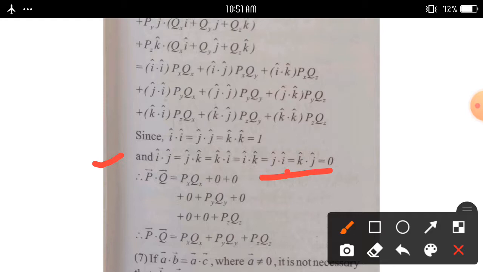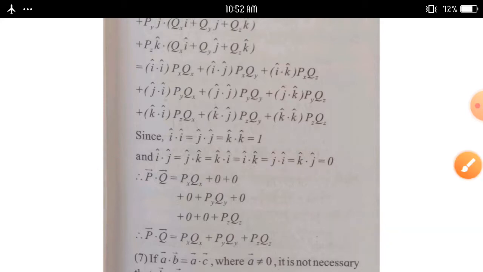Let p bar is equal to px i cap plus py j cap plus pz k cap, and q bar is equal to qx i cap plus qy j cap plus qz k cap. We can write p bar dot q bar is equal to px qx plus py qy plus pz qz. In this way we complete this characteristic number 6, and the last characteristic